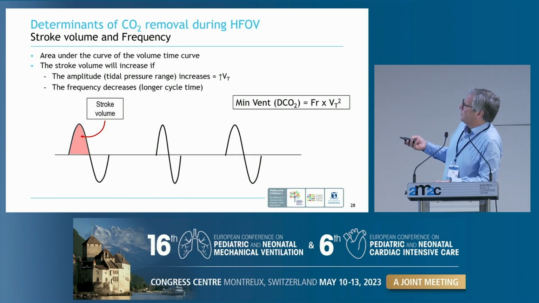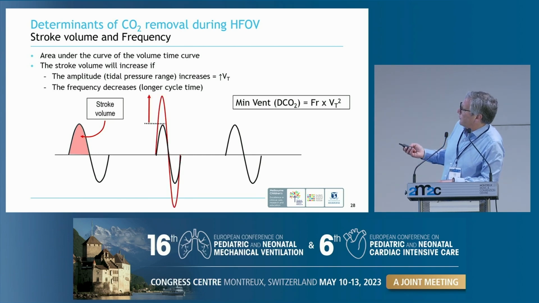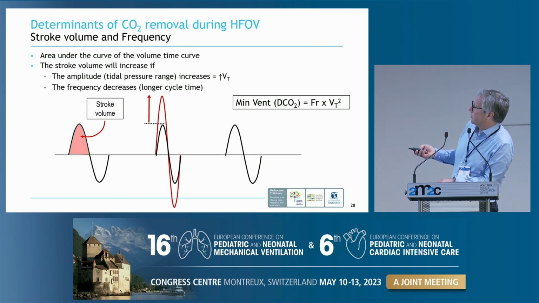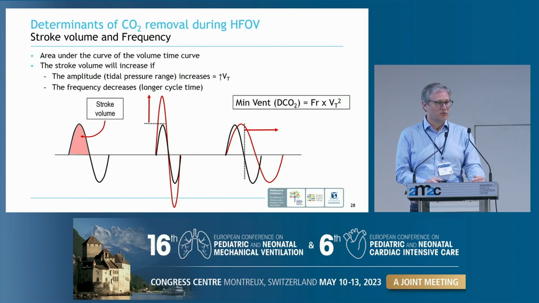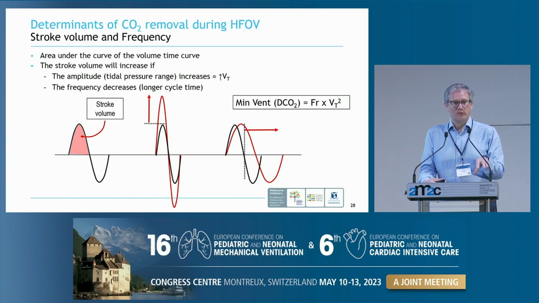And the tidal volume that you're delivering during high frequency is the area under the oscillatory curve, which means we now have 2 ways to change it that are interrelated, which is different from conventional. In conventional ventilation, tidal volume and rate are totally independent, but on high frequency, if we change our delta P, we will increase our stroke volume and area under the curve, but likewise, if we change our frequency, we are changing tidal volume as well. And that's really important to remember. In high frequency, tidal ventilation is interrelated with your rate. It is not independent.